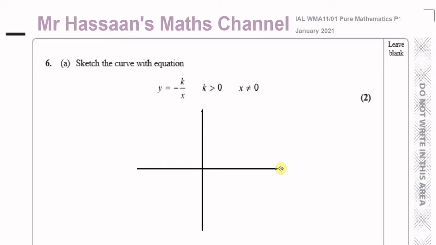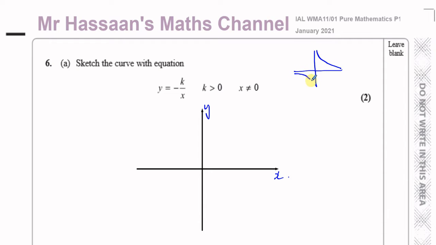And this question here, part A, is about sketching graphs of functions. It says sketch the curve with the equation y equals minus k over x, where k is greater than 0, where k is positive, and x can't be 0, of course. So here we can see I've already made the axes ready for myself to do the sketch. This is the y-axis, this is the x-axis. Now this is a reciprocal function, and the graph of y equals 1 over x will always look like this